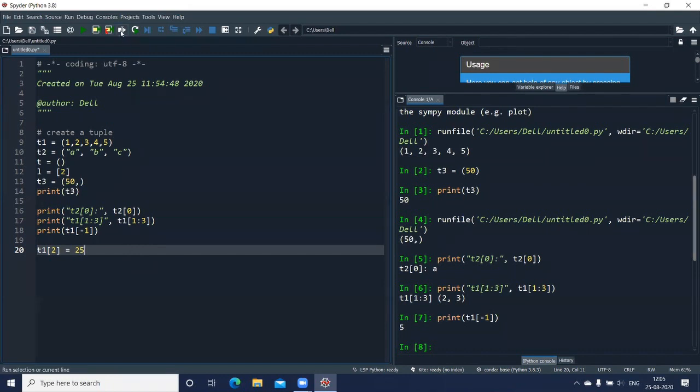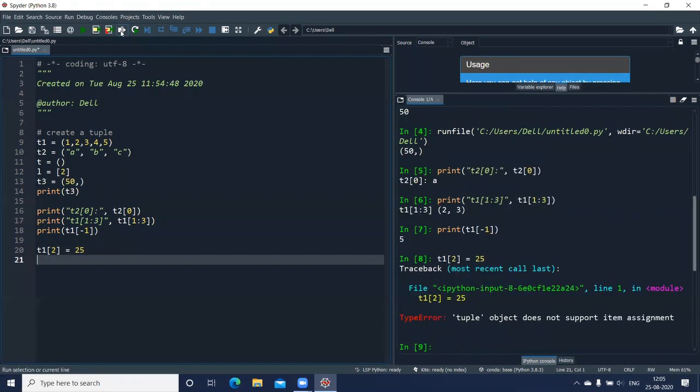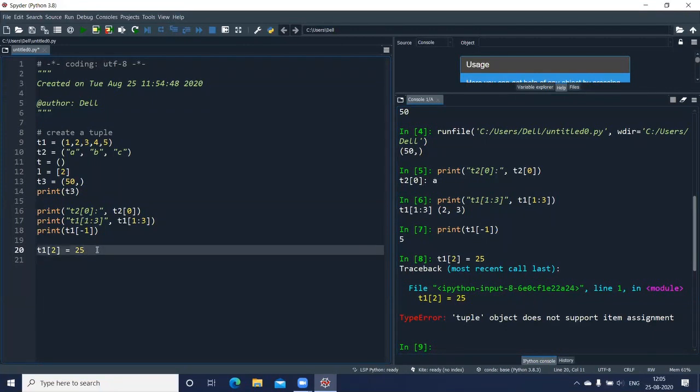So if I run this line, it is not going to add or change the value, because here you can see: tuple object does not support item assignment. So it is not possible to make changes to your tuple once we have created it. Errors will occur if you try to manipulate, change or edit your tuples.